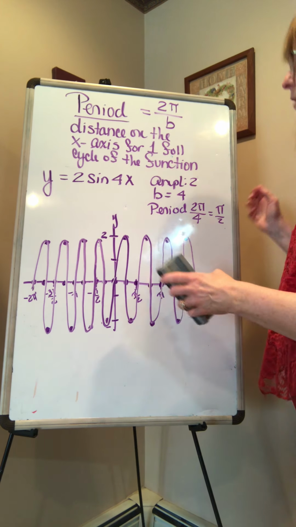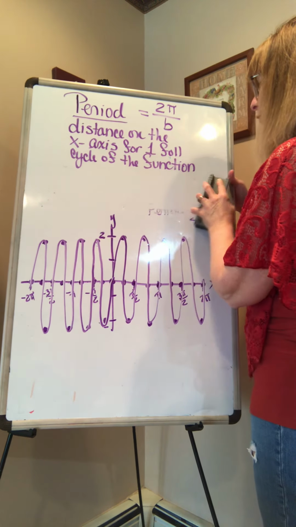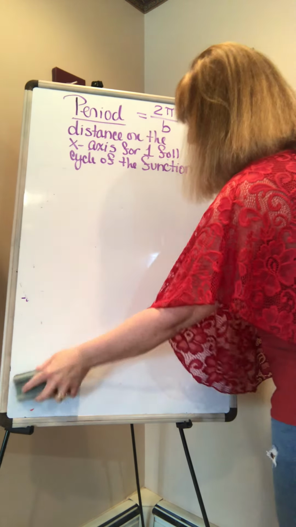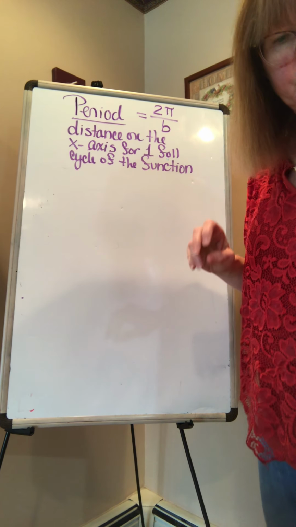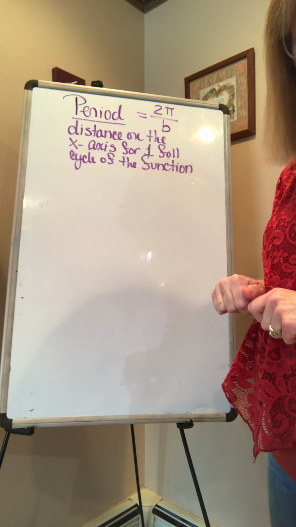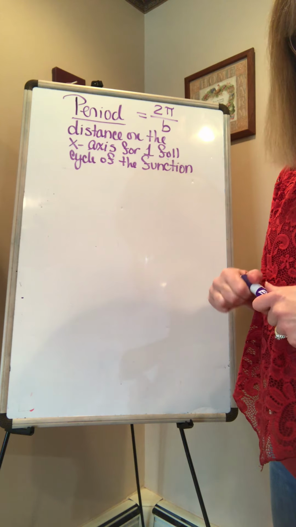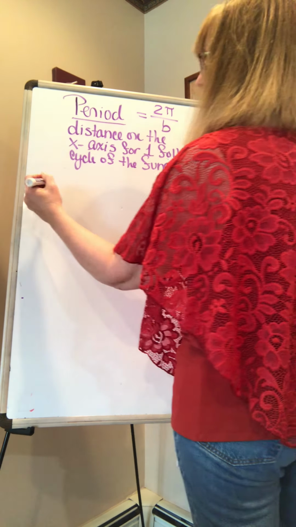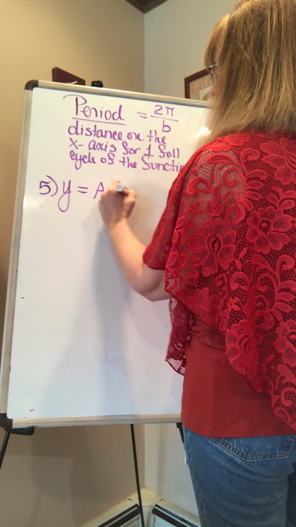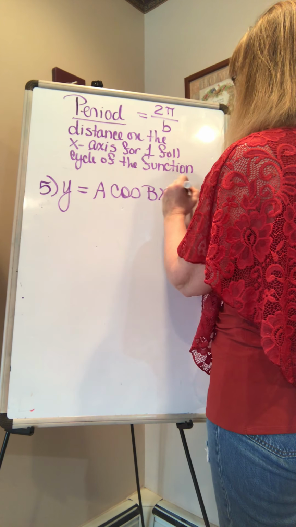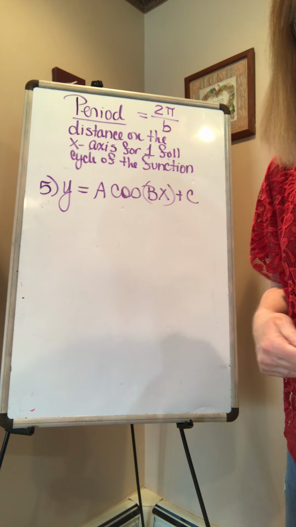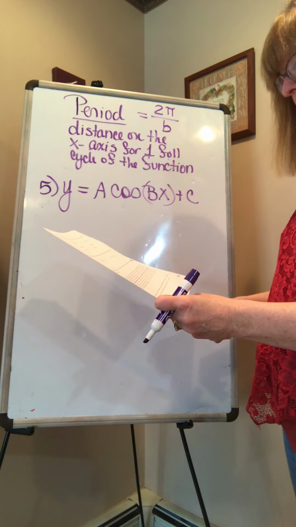And the last classwork problem we're going to talk about is this real life problem, our first taste of a real life problem. We're not graphing it, we're just going to talk about it. This final problem says the heights of tides can be described using a sinusoidal model in the form of y equals a cosine bx plus c. So let's start with that, number 5. Y is equal to A cosine of bx plus c. So they gave me capitals. I don't know why. If high tides are separated by 24 hours,